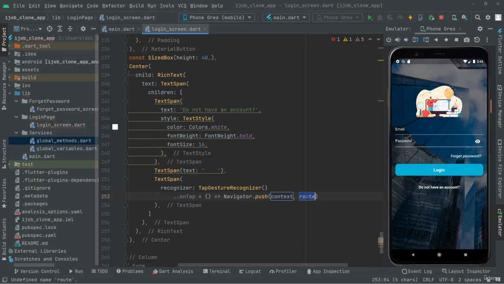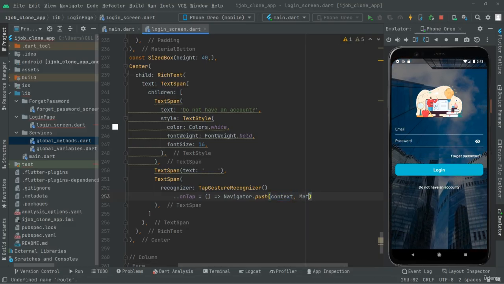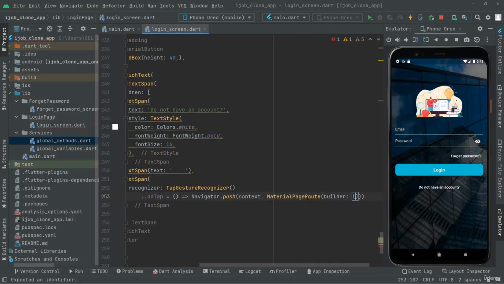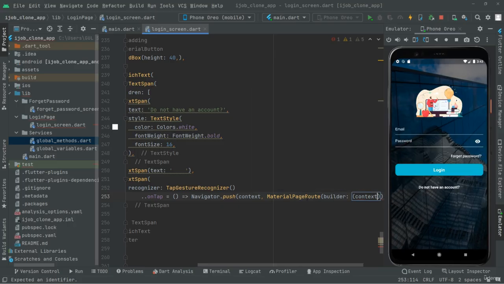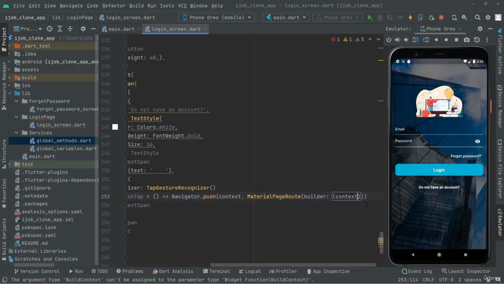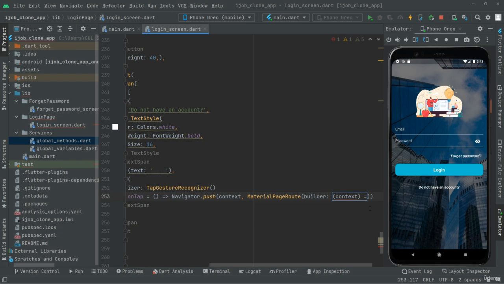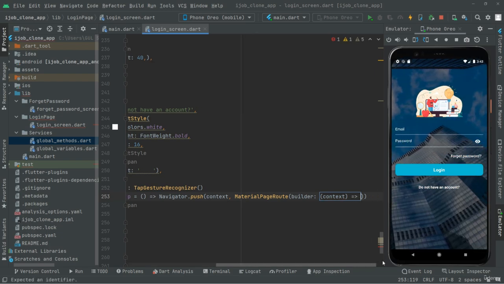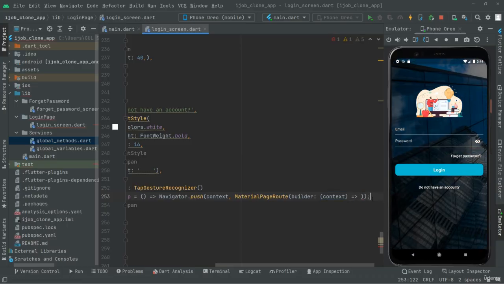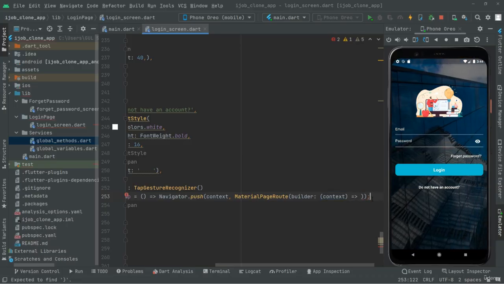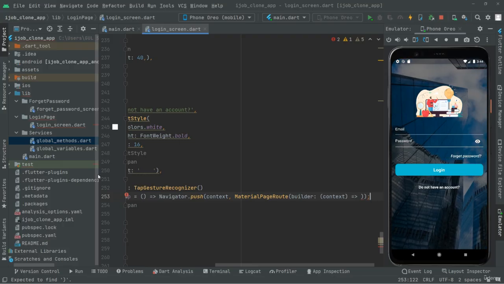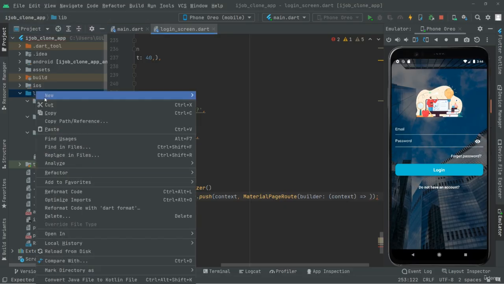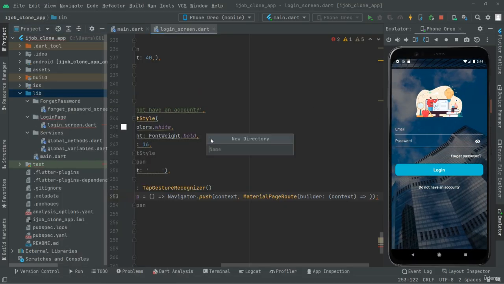So in here first we will give the material page route. There we go. It's going to take the context, and now right in here we will simply push the user to the sign up screen. So right in here semicolon. Now first we will go and create a new screen for the sign up. So we will do that now. As you guys can see right in here, right click on lib, first create a new directory and name this as sign up